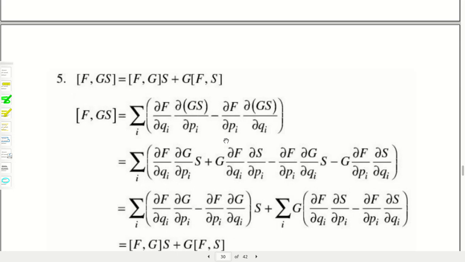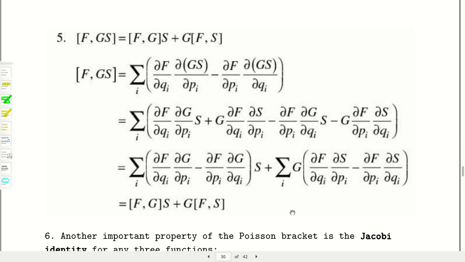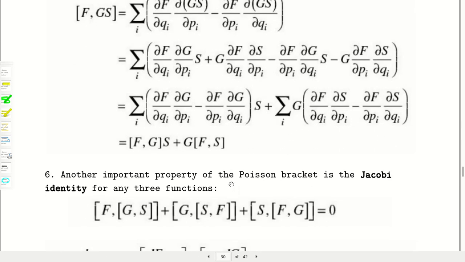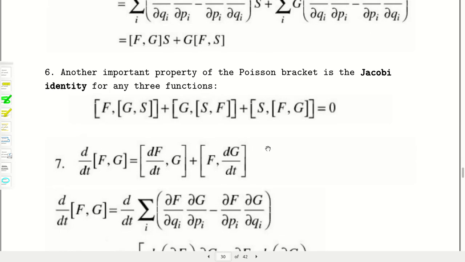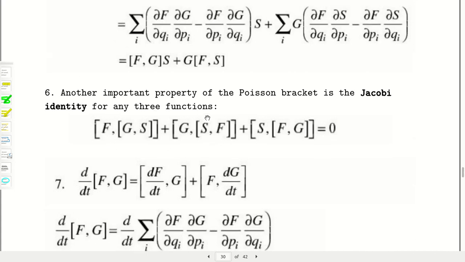You can just proceed with some derivatives, basic derivative formula, and group them to make some Poisson bracket, and it will follow the formula. But the sixth identity is very much important, which is called the Jacobi identity, and it has a cyclic rule to follow, that is {f, {g, s}}. It is a Poisson bracket of f and the Poisson bracket of g, s. So similarly, this is {g, {s, f}}, this is {s, {f, g}}, following the cyclic rule, using this formula you can put it.